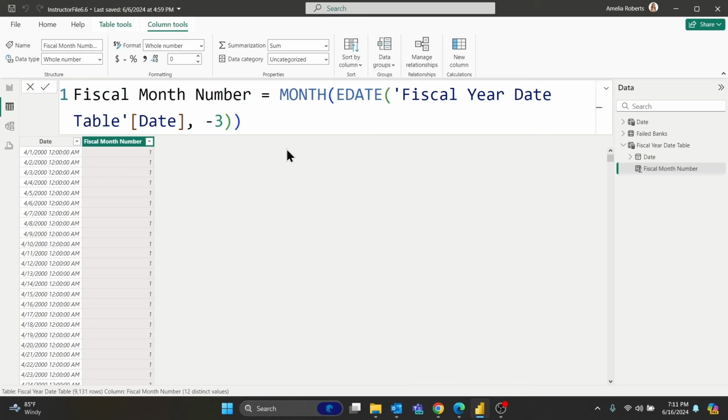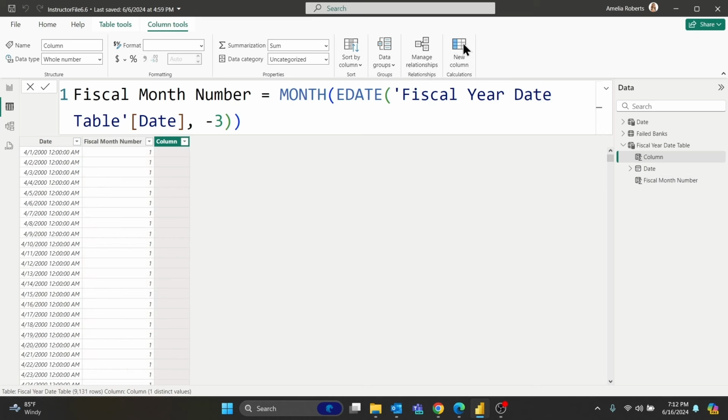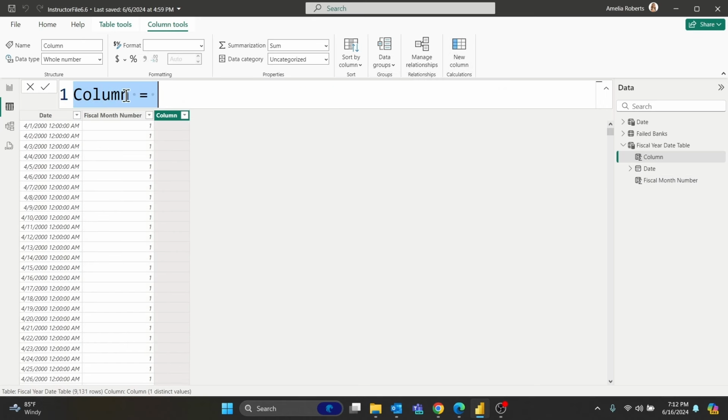So I can show April if I wanted to, and then in the background have it sorted by the fiscal month number so that it works appropriately. Let's go ahead and add another new column, and let's do something similar, but this time let's do the quarter instead. So I'm going to call this fiscal quarter